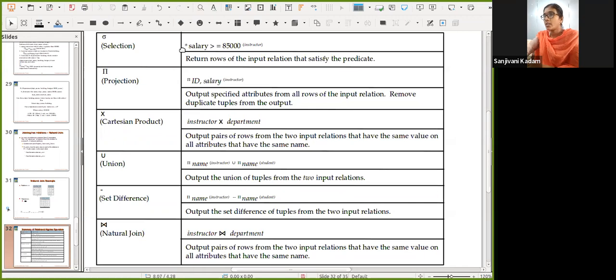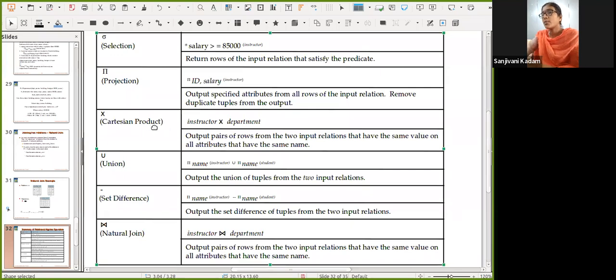The condition can include a conditional operator, just like equivalence, less than, greater than, etc., and also a relation name. The next operation we have studied is projection. Projection is used in order to select only a few of the attributes into the output. This output specifies attributes from all the rows of the input relation and removes duplicate tuples from the output.